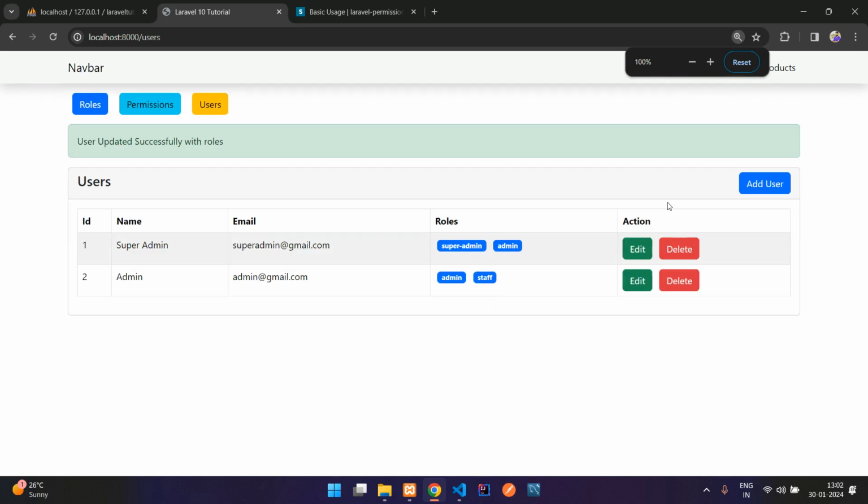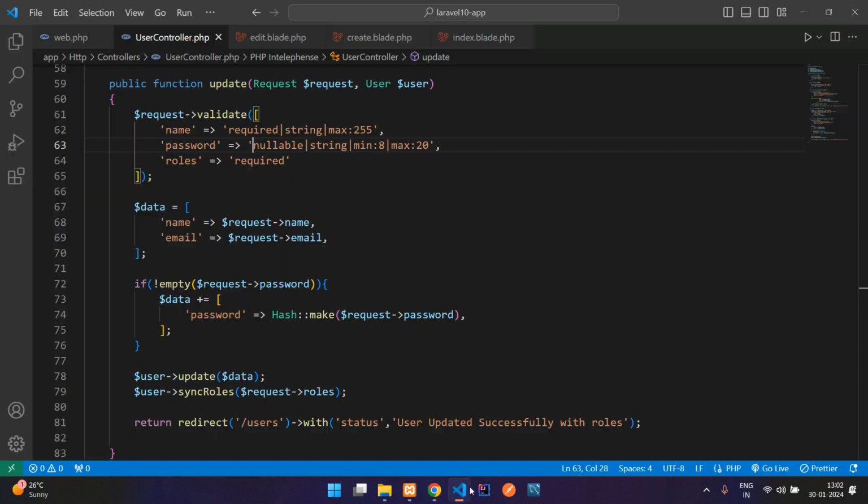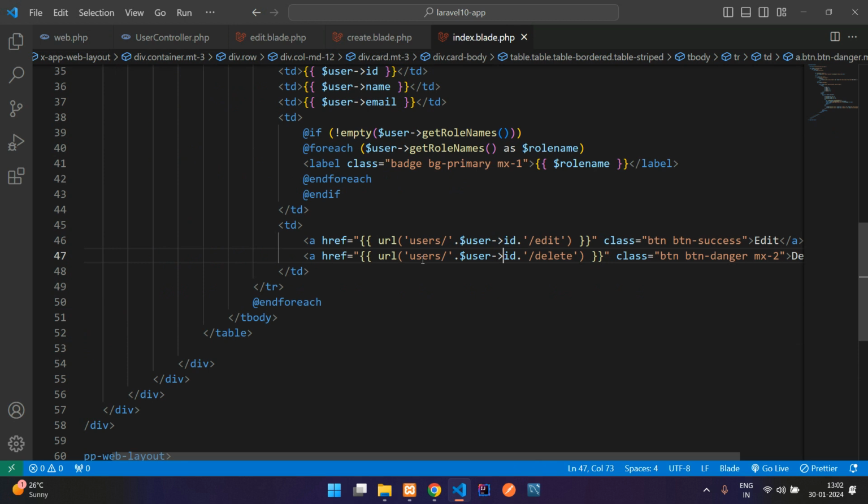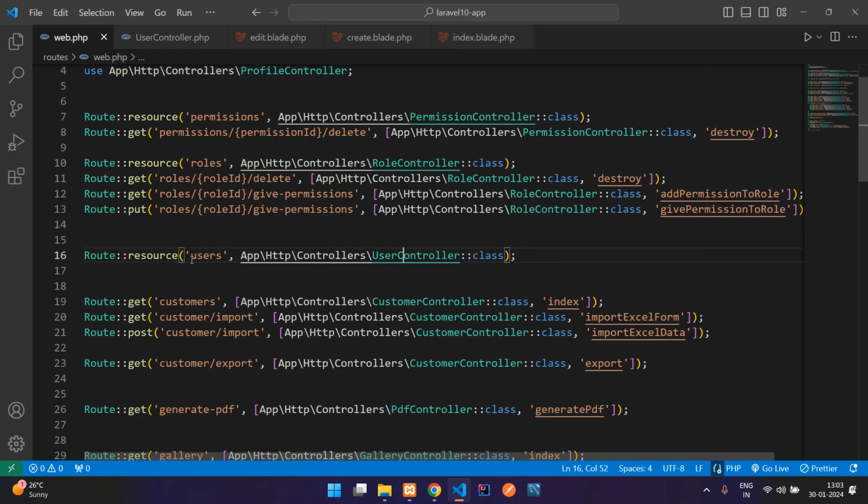Done. And now guys, finally about the deleting part, like delete the user. So let's go and, yep, let's begin with the delete part. So you have to go to your index, and here is your delete URL. So let me copy this and create a route, because this route isn't provided in the resource route. So you have to create it separately using a get method, and in that you provide this route. So guys, mention the ID,